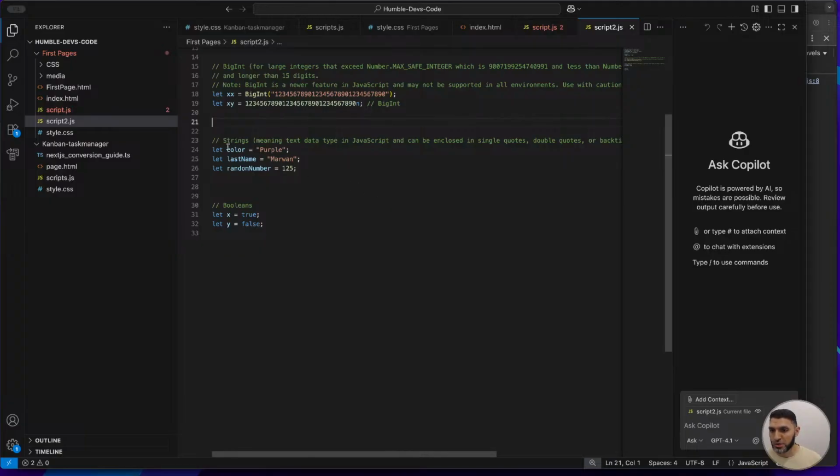Okay. Strings we already looked into. Again, it's just anything with text. This can be quite big, but there is something very cool that you need to know about strings. So for the strings here, we're using double quotes, right? However,